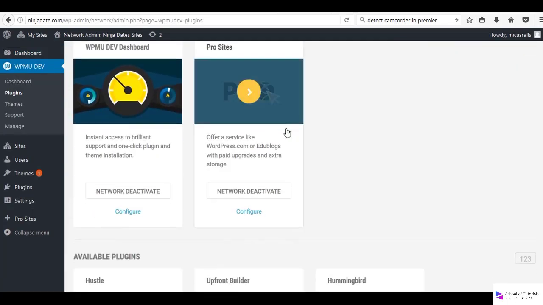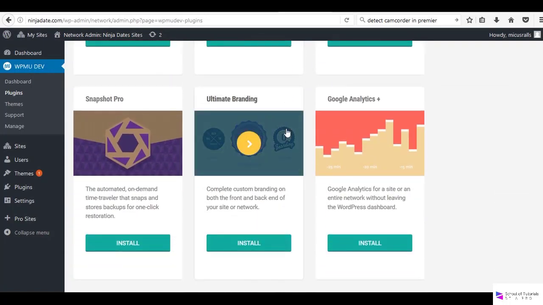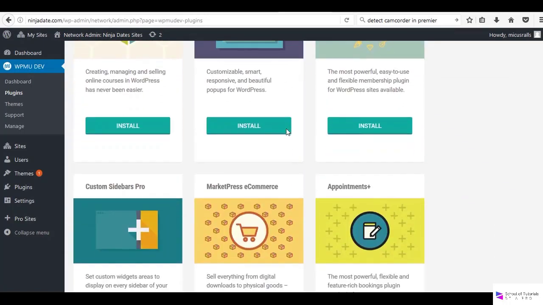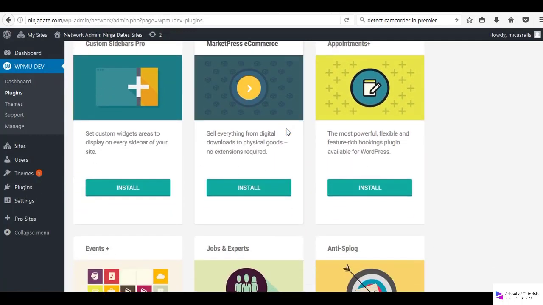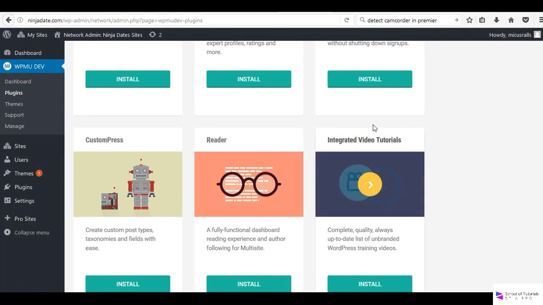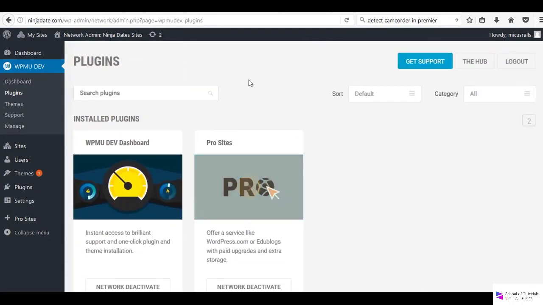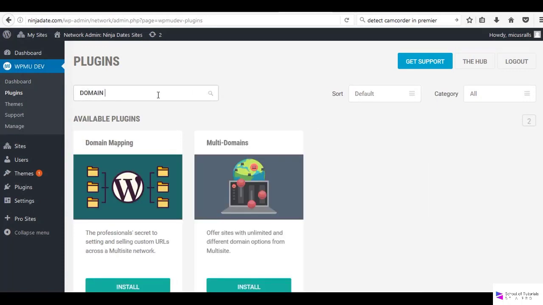We won't really be able to fully test the plugin until your customers or clients get a domain to register. So go to the top here, plugins, search plugins, type in domain mapping, and it is this